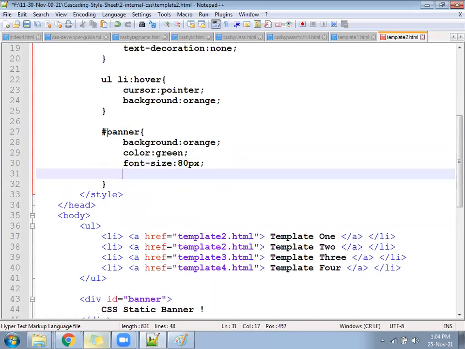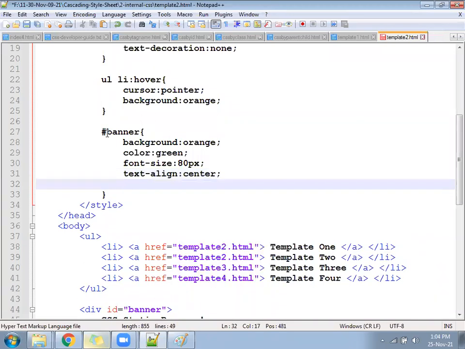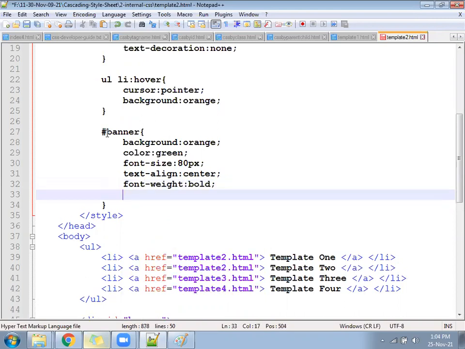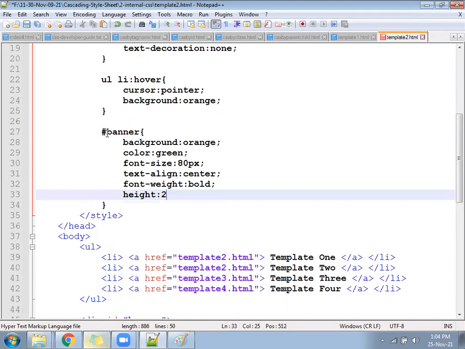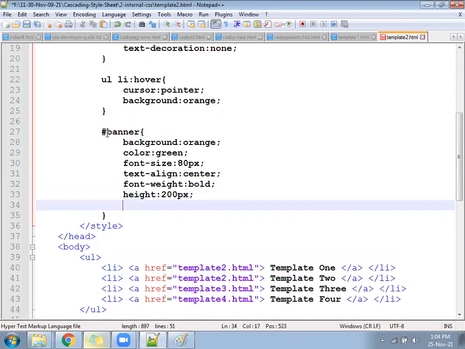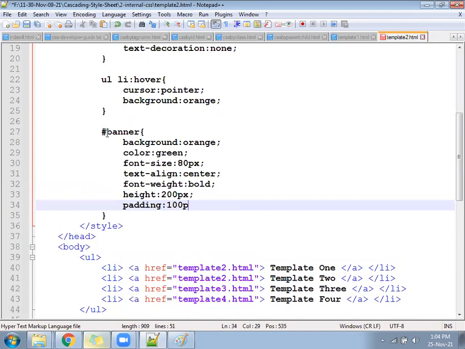Text align center. Font weight bold. And height of the banner 200 pixel. And then padding inside the banner 100 pixel.